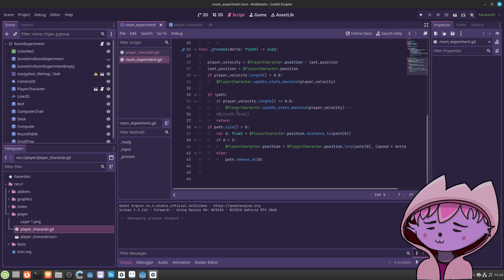Then you can just make the player follow that path. It's pretty easy. So I think it would be very possible to have both keyboard controls, controller controls, and mouse control.